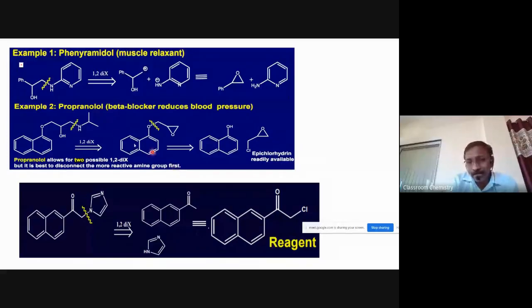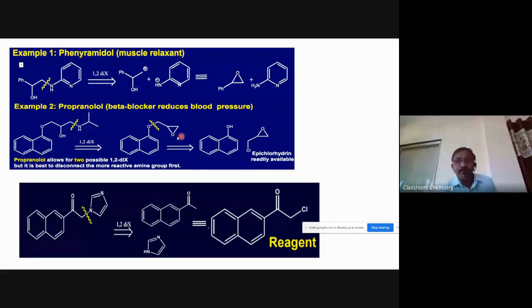So in this case, when we disconnect this, what will happen? This carbon always gets which charge, positive or negative? There is always a positive charge here, and with a positive charge we can always get the corresponding epoxide. And nitrogen is negative charge, and we can get NH2, a secondary amine, right? So this is a secondary amine,